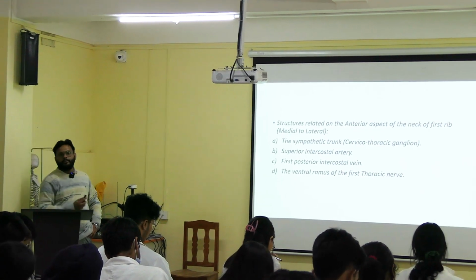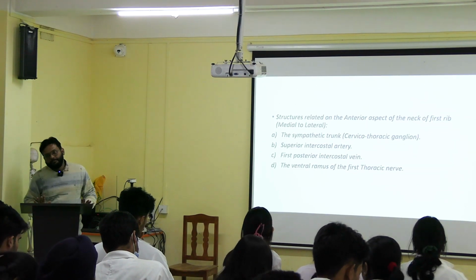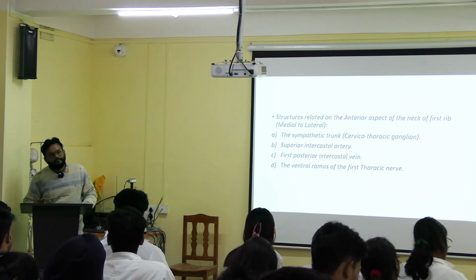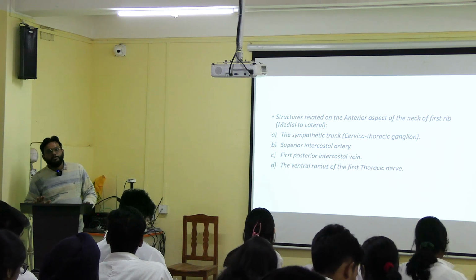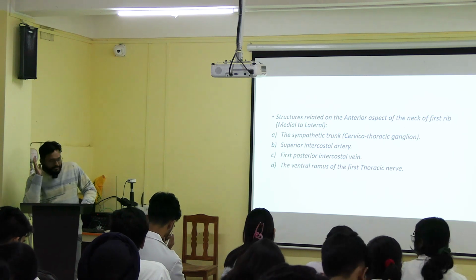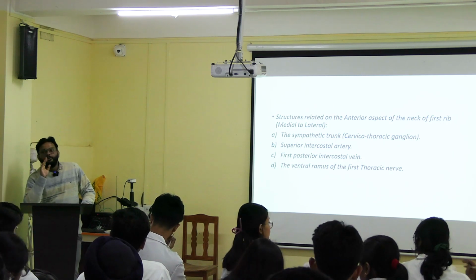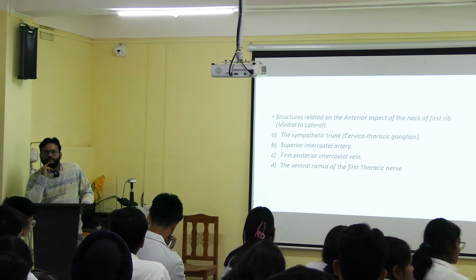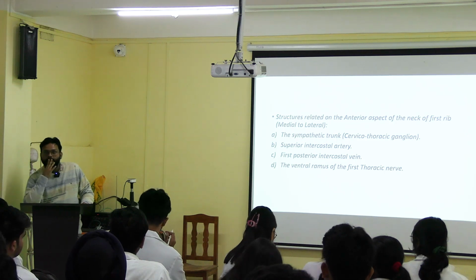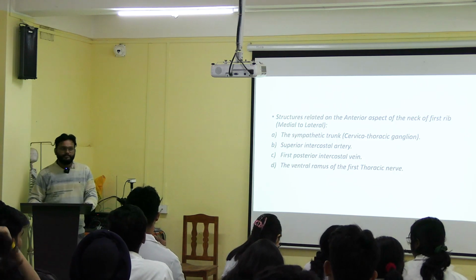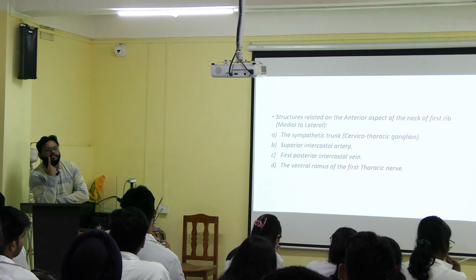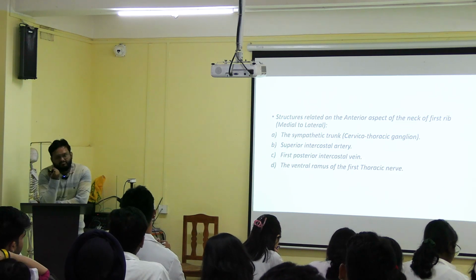Okay, now clinical anatomy. Do we have cervical ribs? हमारे बॉडी में cervical ribs होता है क्या? Which one is our cervical area? This one. Do we have any kind of rib there? We have cervical vertebra, that is all right. But do we have cervical ribs? Ribs नहीं है. But there is something known as cervical rib as well, which is an defect कह सकते हो